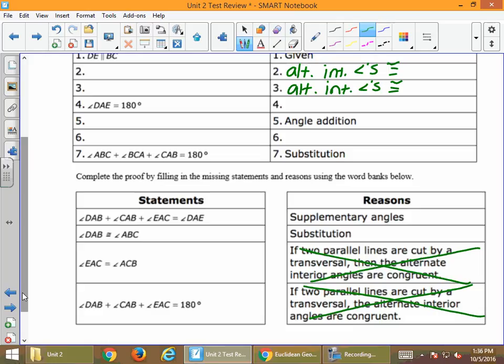Okay, well, when we're stating alternate interior angles are congruent, which one of these would make the most sense to put with that? Even if you have no idea what your alternate interior angles were, just looking at that would